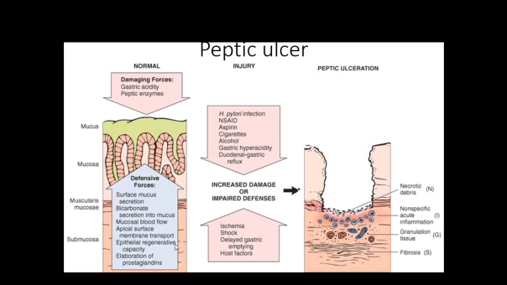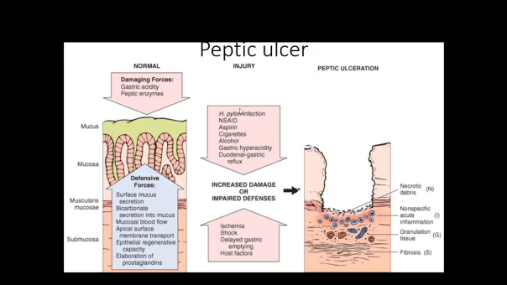And then increased epithelial regenerative capacity, so that whenever proteolytic enzymes are acting on the cells, there is increased regenerative capacity to regenerate more and more cells, to remove the cells damaged by the acidity and peptic enzymes. To coordinate all these things, several prostaglandins are released, which mainly increase the production of mucus and bicarbonate. Those are the protective mechanisms which prevent the damage which might occur due to gastric acidity and proteolytic enzymes.